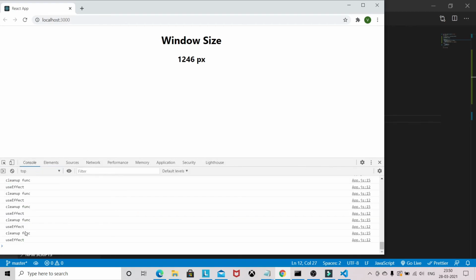Whenever we resize, every time the cleanup function will execute, then useEffect will run. So this is the demonstration of useEffect as a cleanup function in React.js.